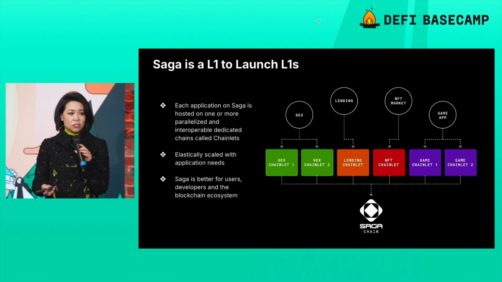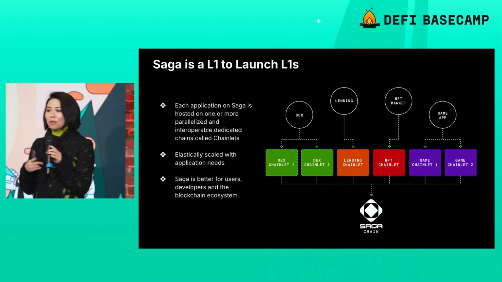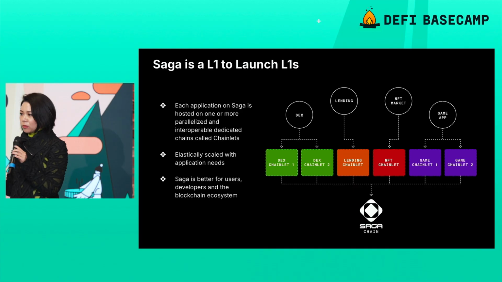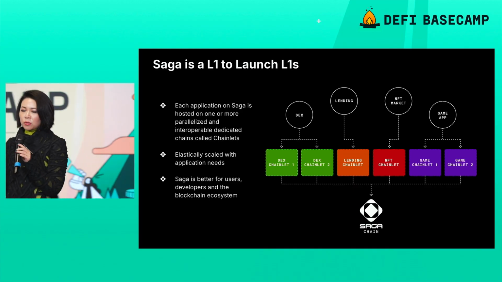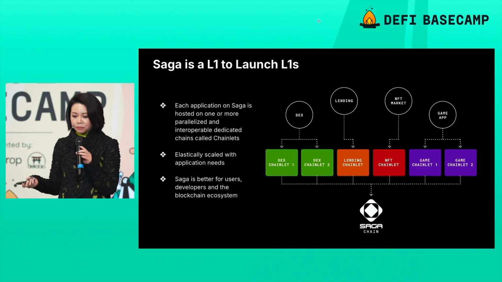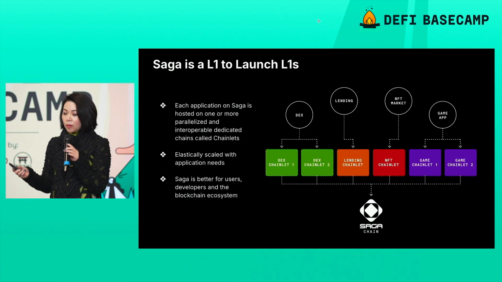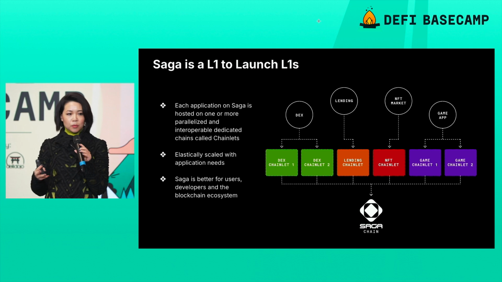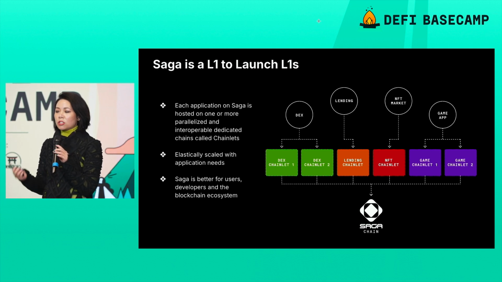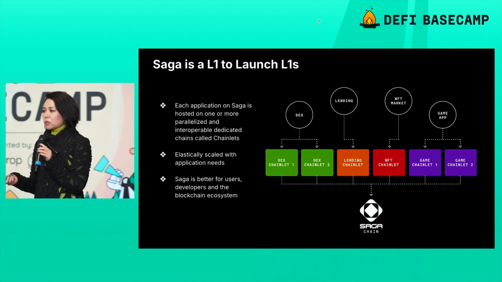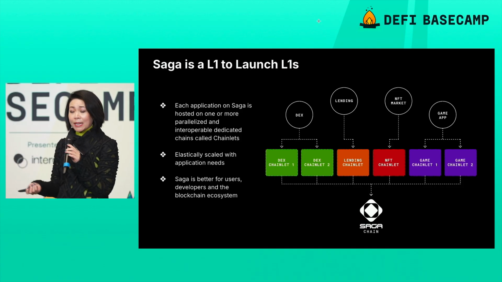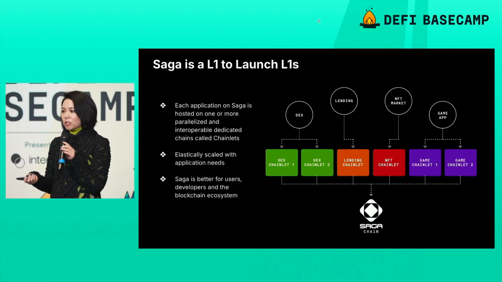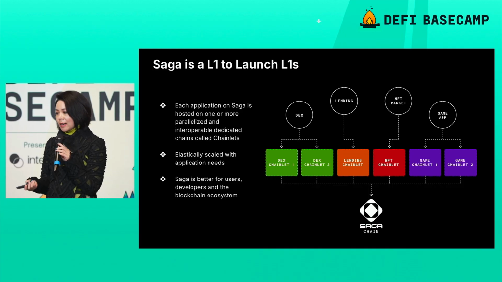Now, if you need an additional layer one, it's the same process, and you can have those layer ones talk to one another. So you can scale out elastically to as many layer ones as you need in order to support the performance of your application. So it is a better experience at the end of the day for any developer out there, certainly. But I think for users, particularly those who are on high traffic applications like a DEX or like a game, this is just a much better system for them to experience that application on.